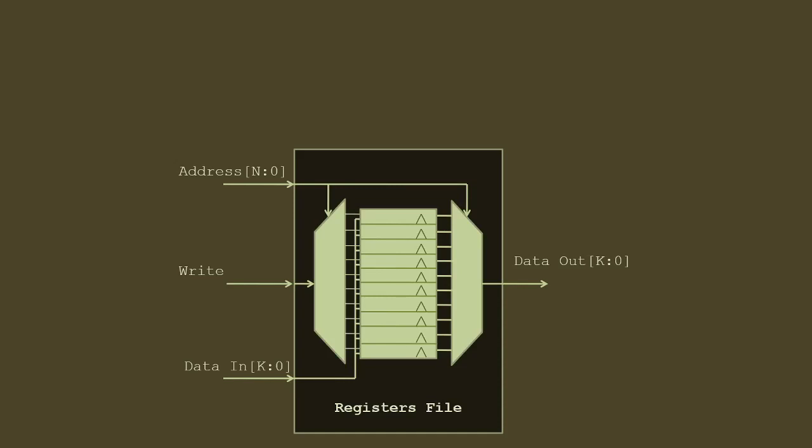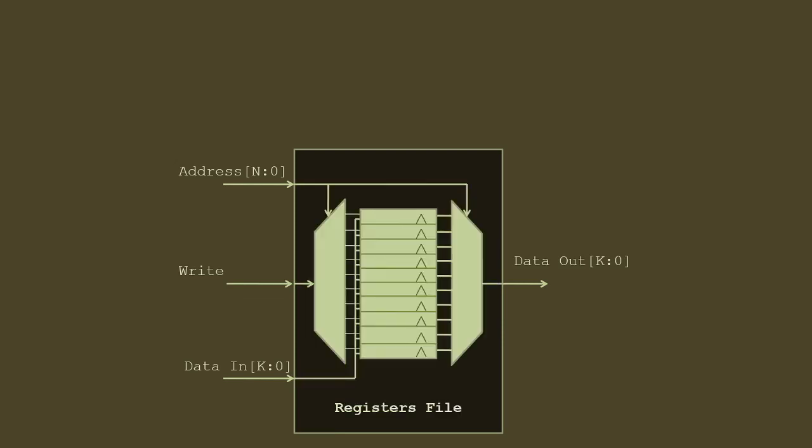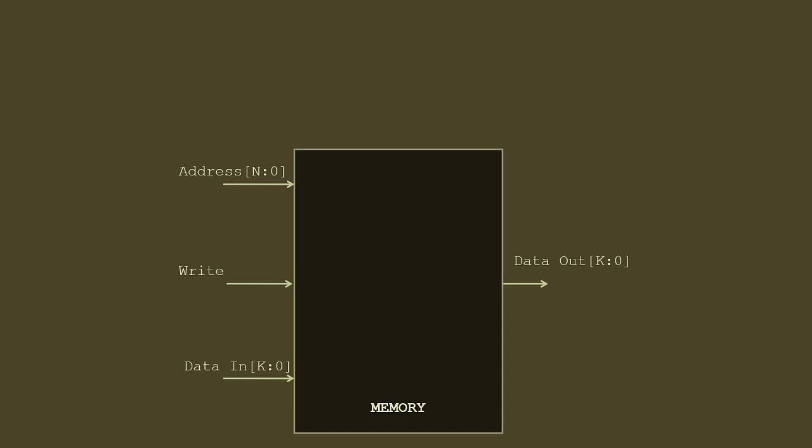So when we talk about memories on FPGAs, what we mean is that we want to give an address and a write signal and a data in signal, and we want to write to that address. It's slightly different than a reg file. It generally has a delay of 1 clock cycle, but it gives a good conceptual model. And normally memory is not implemented as a reg file. It's generally implemented differently, but conceptually you can think of it as a small memory, and the larger memories that we generally call block RAMs on FPGA behave similarly,